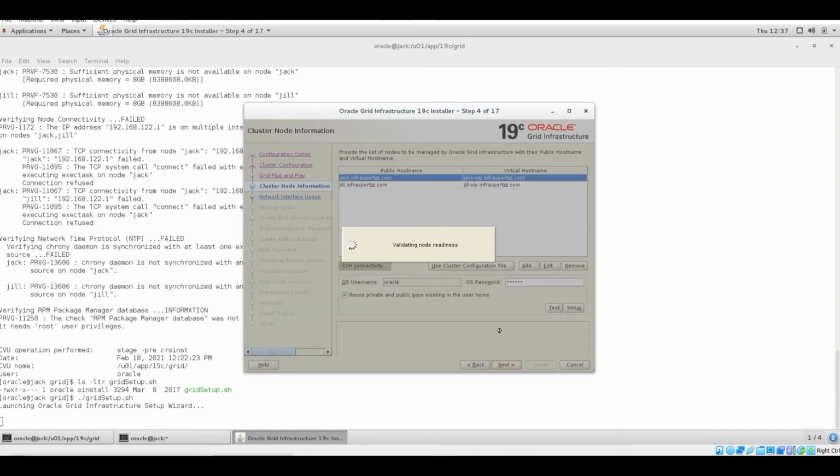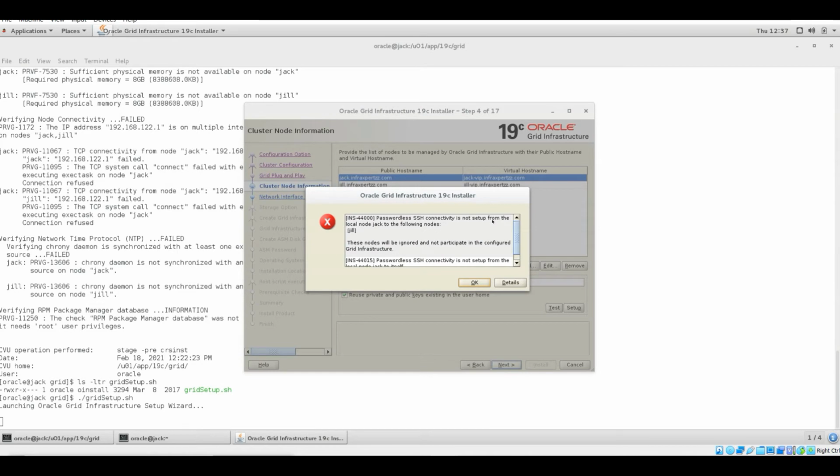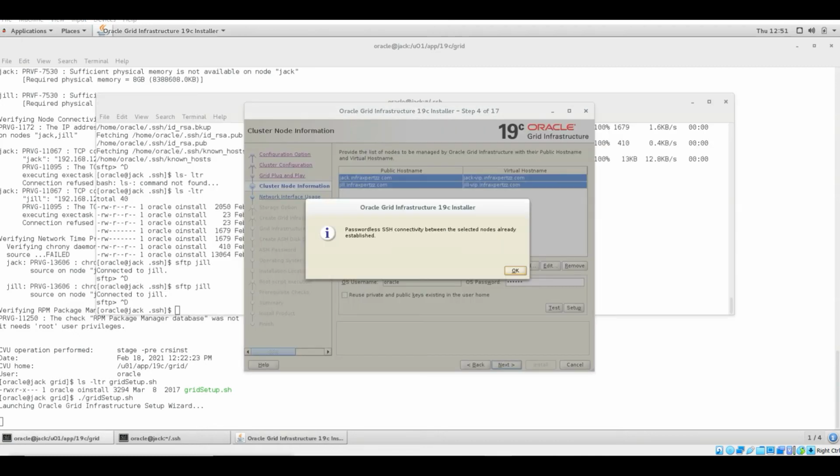And let me proceed. As I said, it might fail. So again, it is showing passwordless SSH is not set up. So my passwordless connectivity between both nodes was failing.